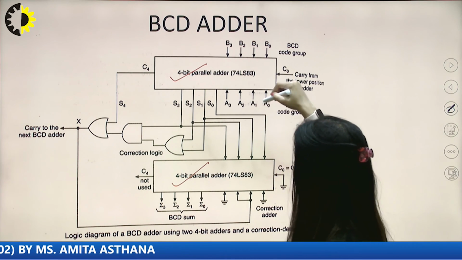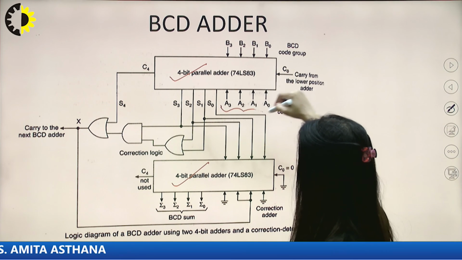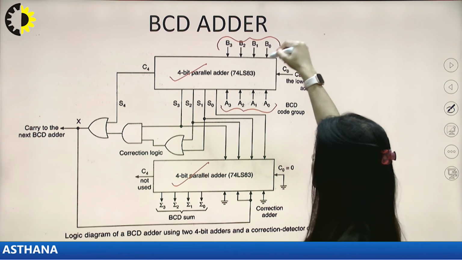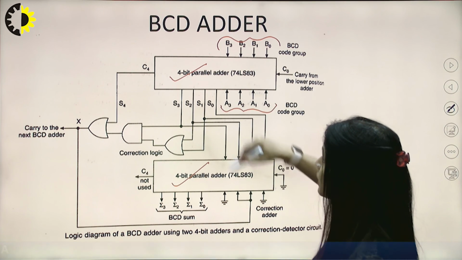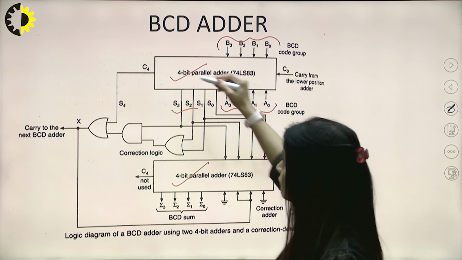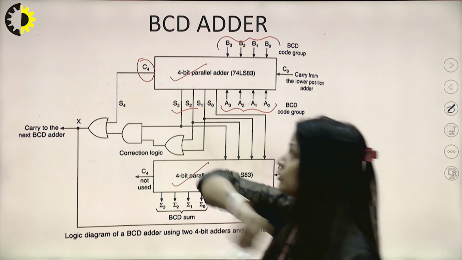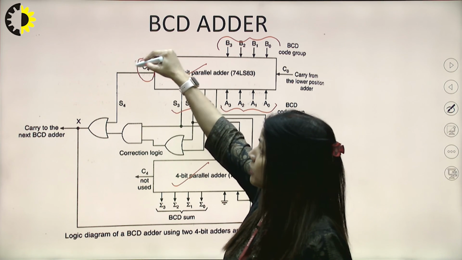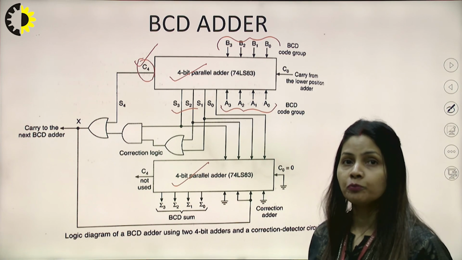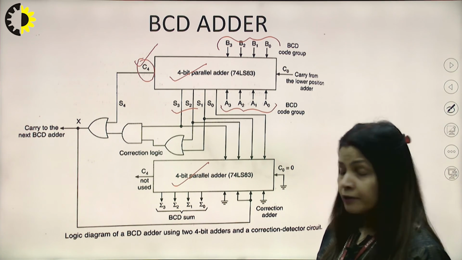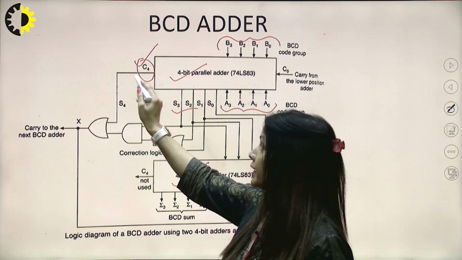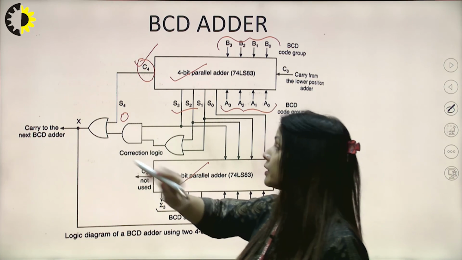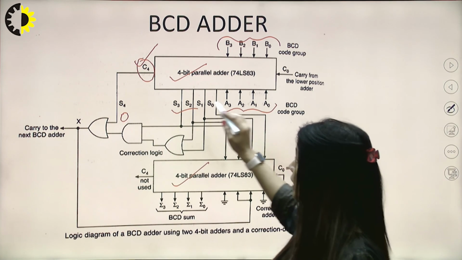So A and B are the two inputs, the A number and the B number. The sum will be given here, and everything depends on this particular output. Why? Because if it is 0, then